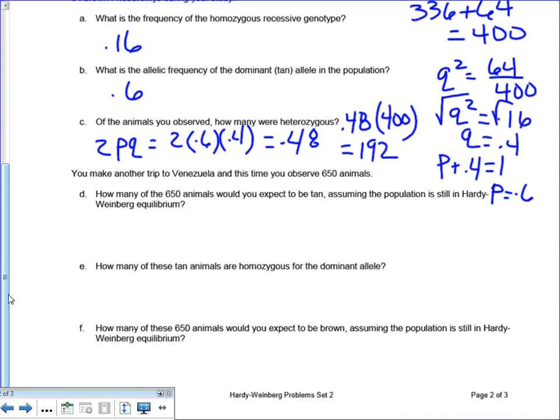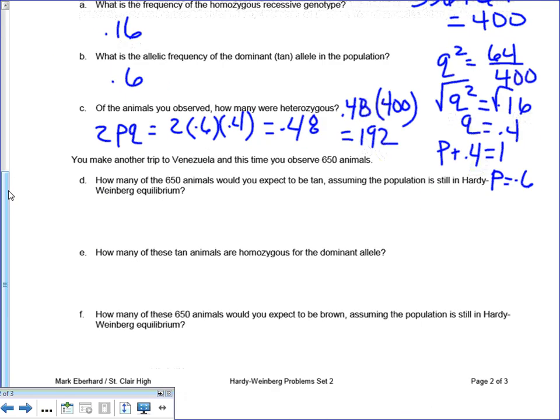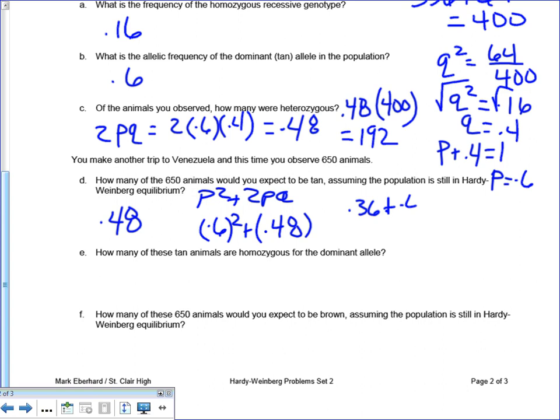Well, this gives me the opportunity to give you a second. All right. Don't worry, I found something for you. How many of the 650 animals would you expect to be tan? Well, tan was the dominant, is that right? So I've got to take the 0.48 from above, those are heterozygotes. I'm basically going to take p squared plus 2pq. I already know 2pq from the previous problem is 0.48. So now I've got to take 0.6 squared plus that. So that's 0.36 plus 0.48. Therefore, I'd expect 84%